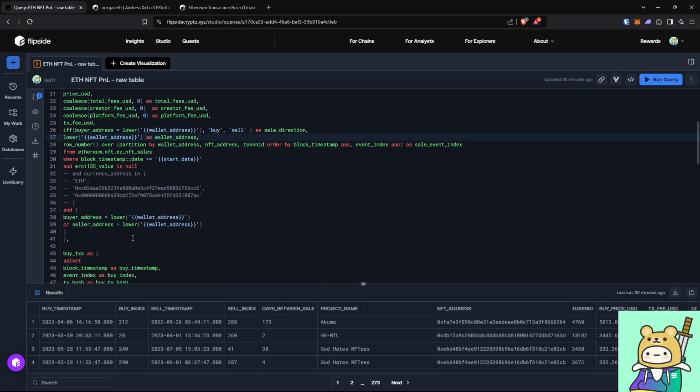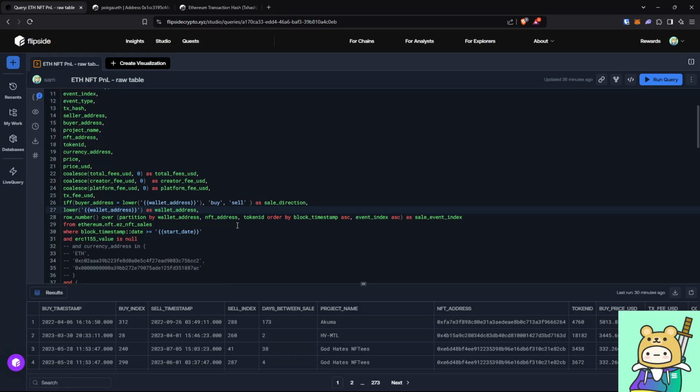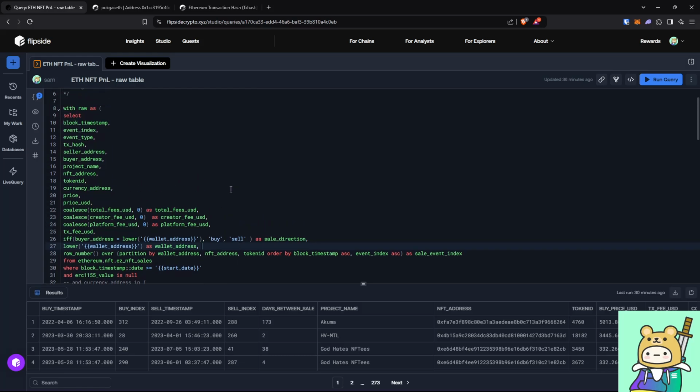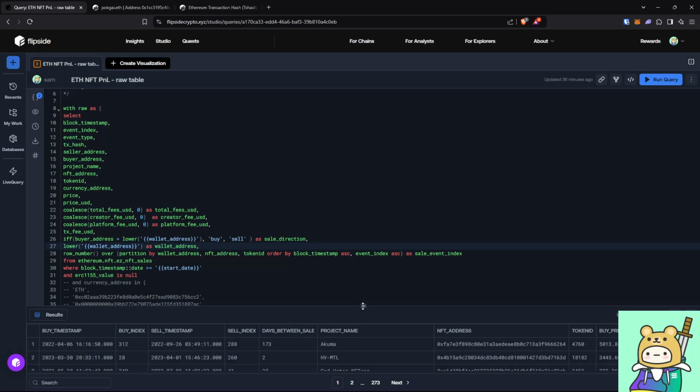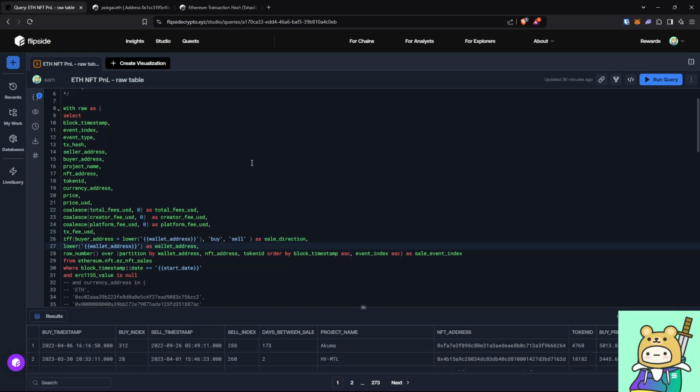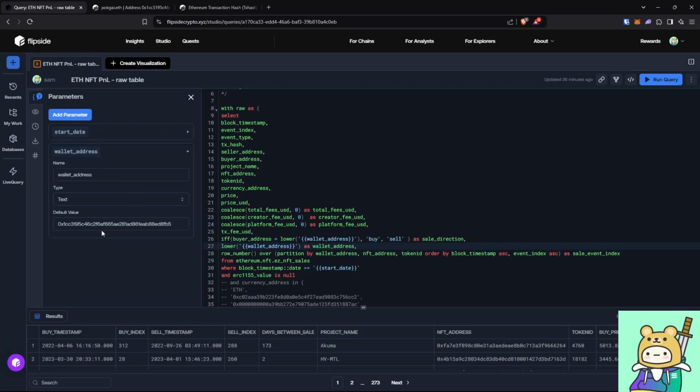And what I like to do is get a few examples of wallets. In this case, I just looked at the top 1,000 wallets with the highest volume or highest number of sales, and then picked a random wallet. And the wallet that I got is this wallet over here,